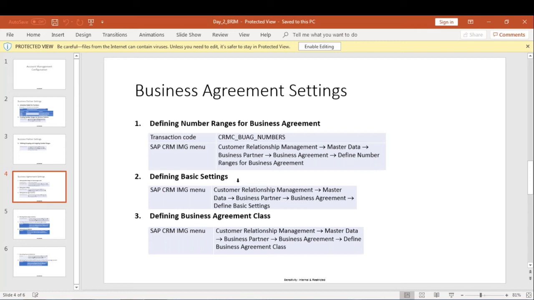In general, which process are we using, madam? AR or FICA? Generally, in a real-time project, we implemented the FIAR process because there were only a few customers, so the payments and everything can be handled there.